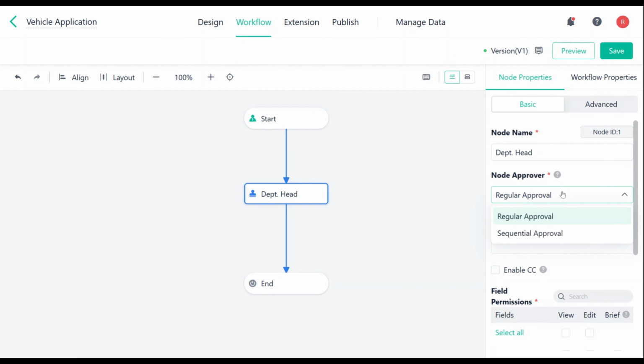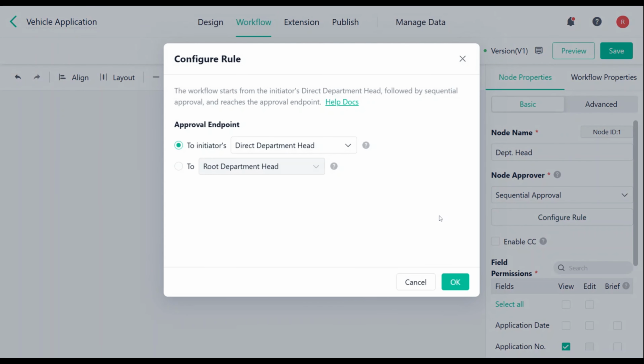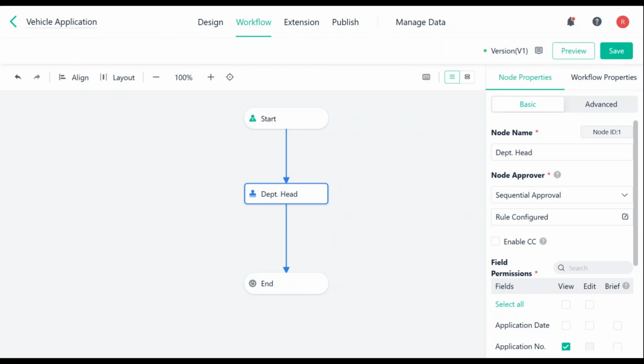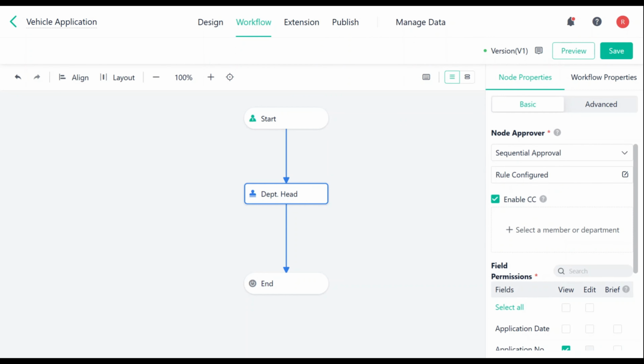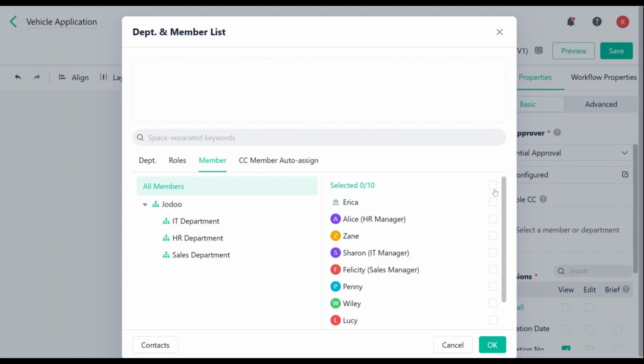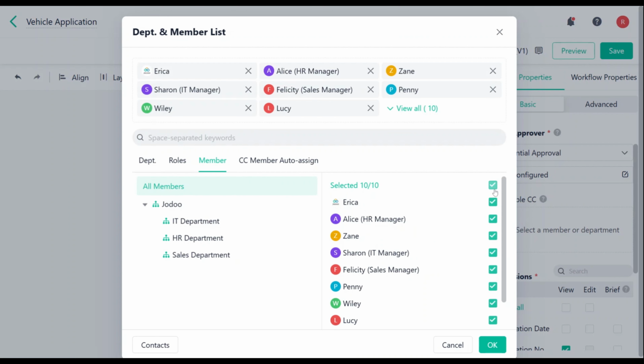If you select sequential approval, after a workflow is initiated, the workflow will start from the initiator's direct department head, followed by sequential approval, and will be concluded at the approval endpoint. Enable CC can help you send updates of a workflow to a member who needs to know the progress of the workflow. These updates can be sent after the completion of one node or the whole workflow to inform members